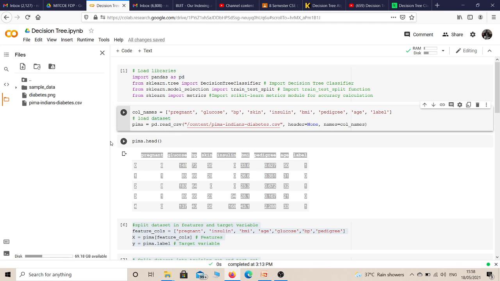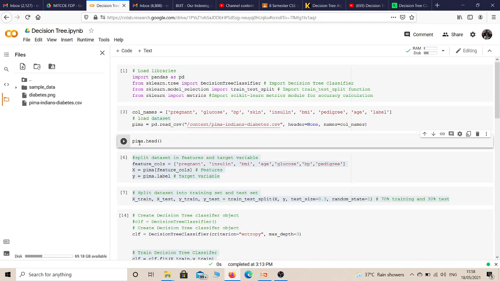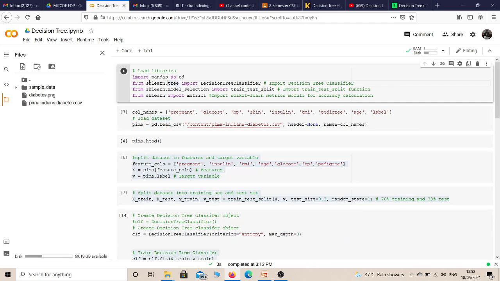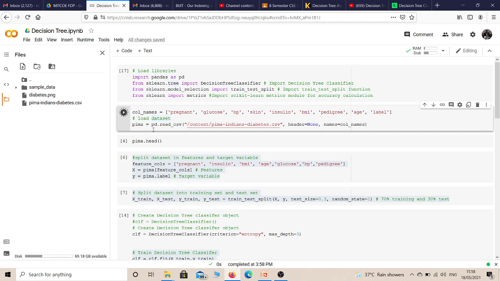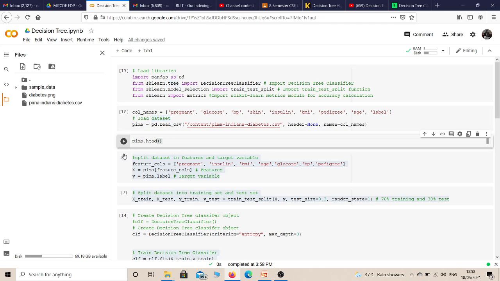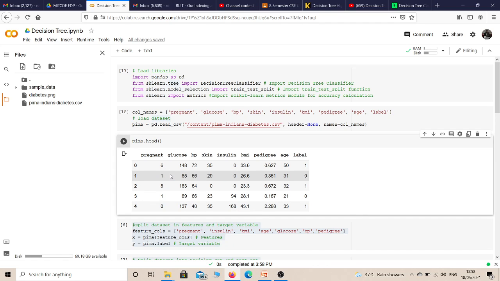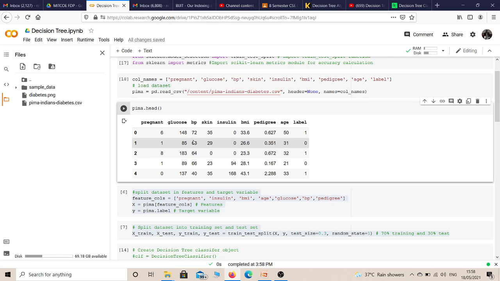PMR. Okay, and then suppose I need to check the content of my dataset. How can I do this? Let me run this. In order to run this, you just click on this cell so that this part gets run. Then I will load the dataset. Then suppose I need to visualize my dataset. The head function tries to visualize the top 5 rows from your dataset. Okay, head function is there, tail function is there. So here I am using the head function in order to visualize the top 5 rows from this dataset.